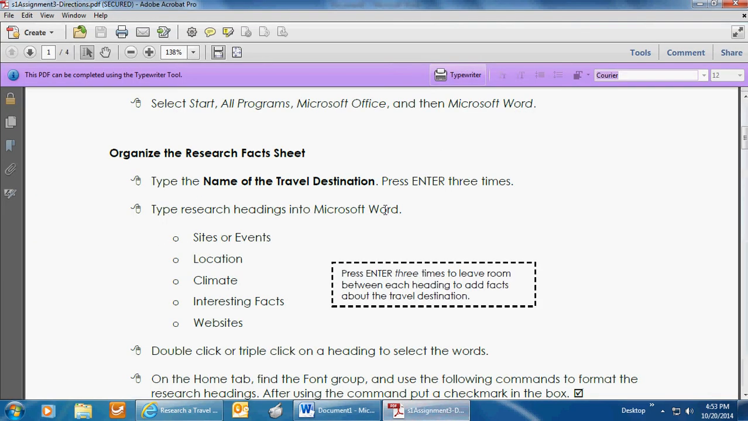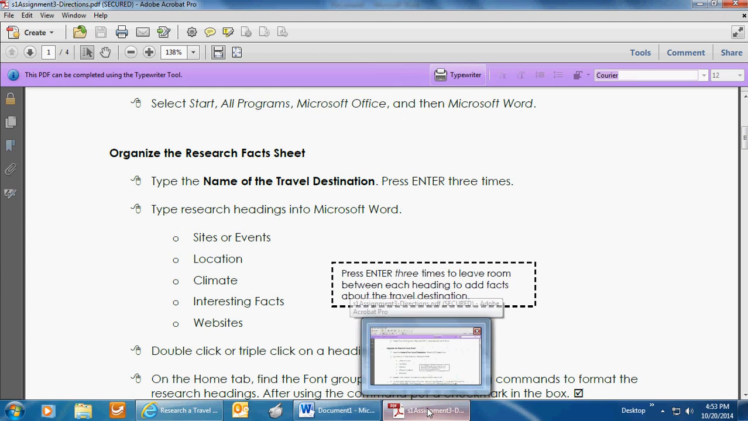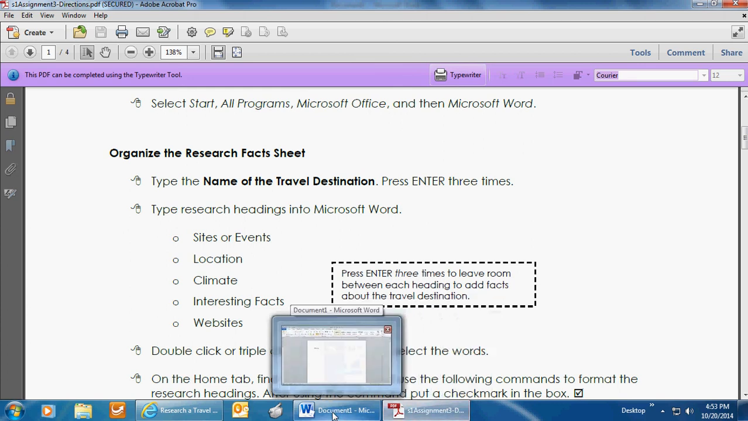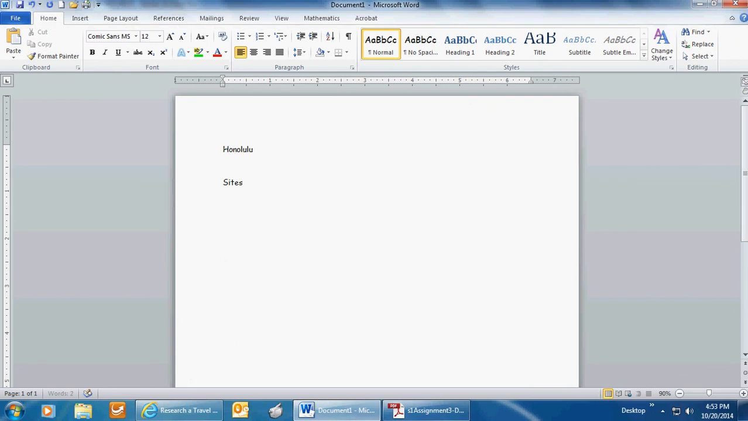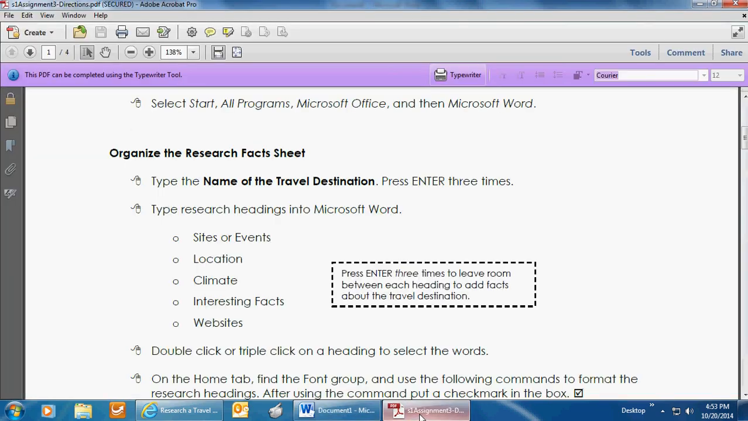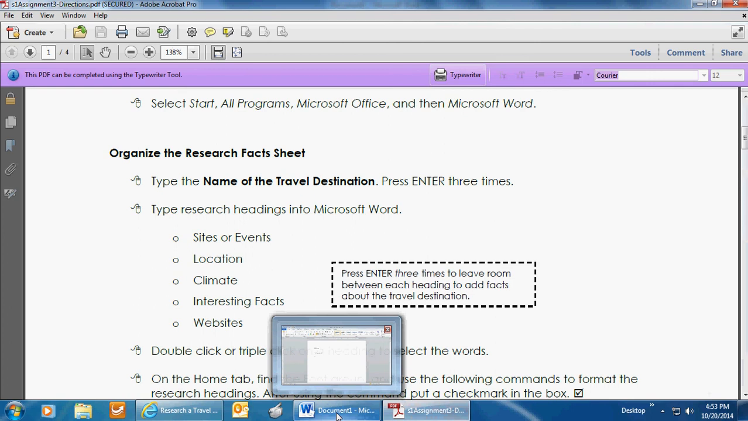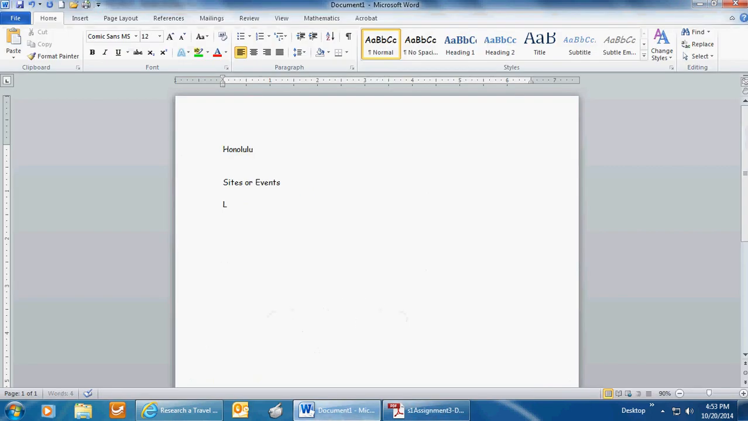Type research headings into Microsoft Word: sites or events, location, climate, interesting facts, and websites. Press enter 3 times to leave room between each heading to add facts about the travel destination. So go back to Word, type sites or events, enter 3 times. If you need to go back and forth between your Adobe document with your instructions and your Word document, that's fine. Location,